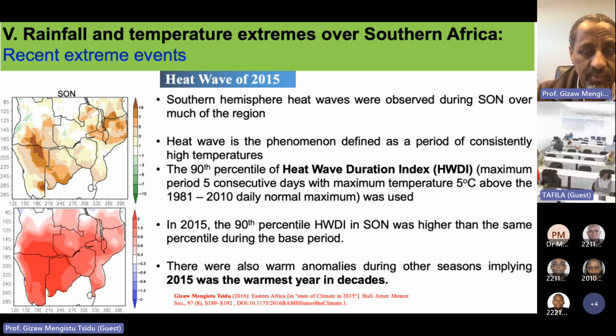It has to be consecutive, because if it happens every other day it cannot even be classified as a heat wave, because the impact is going to be low. If there is continuous heat for a period of more than 5 days, that is when we consider this a heat wave. So clearly you see that there was a heat wave